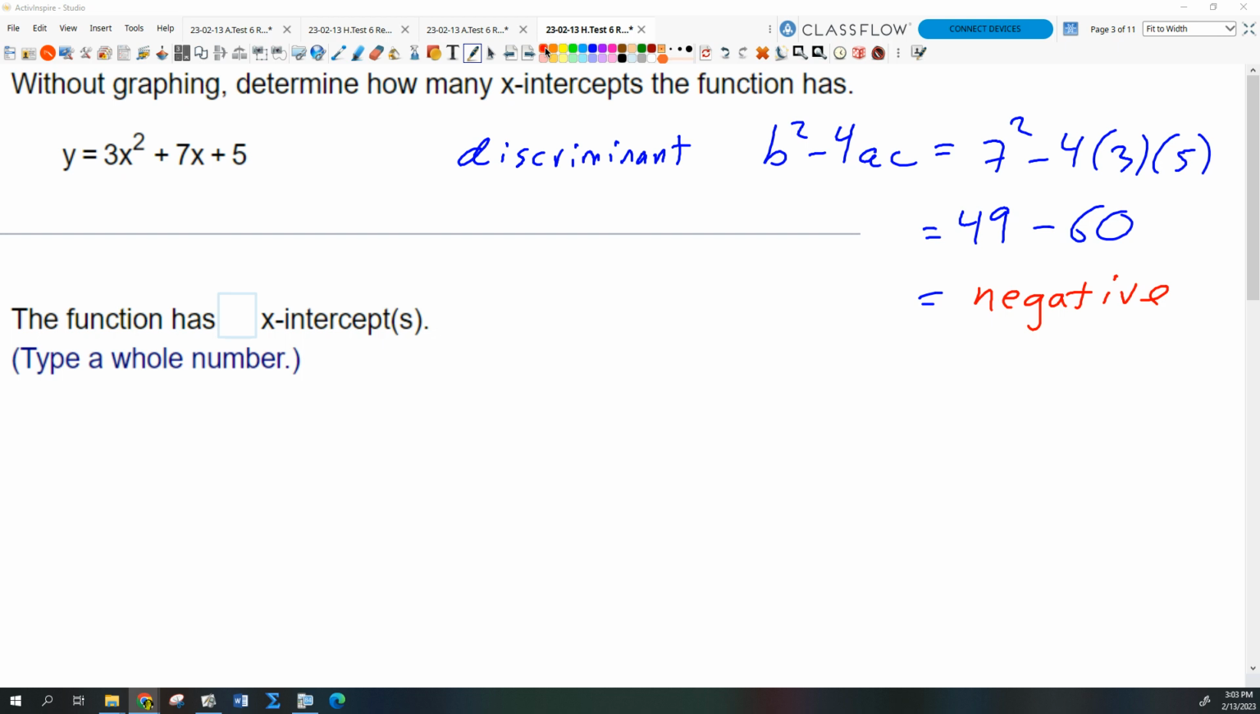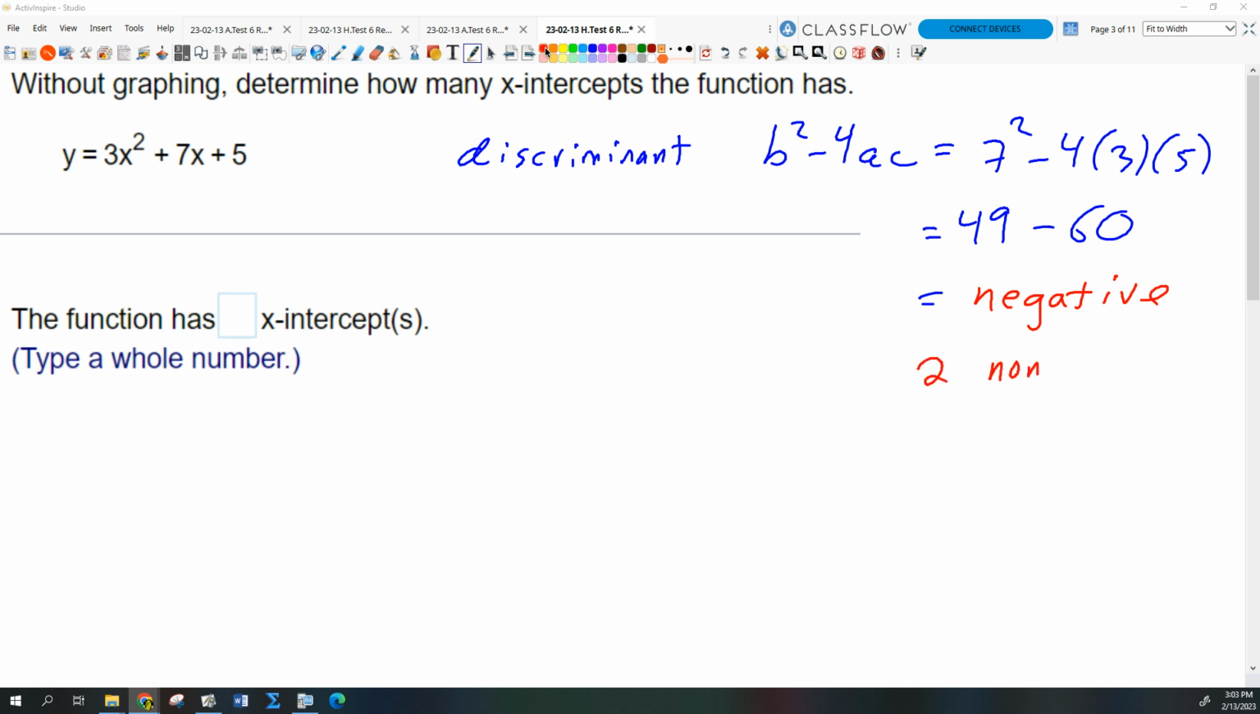So negative is 0. If it equals 0, then it's 1. And then if it's positive, then it's 2. Isn't it like if it's positive in a perfect square, there's 2 rational? They're 2 rational if it's a perfect square. Positive not a perfect square is 2 irrational. Yep, exactly. So the fact that it's negative means that we get 2